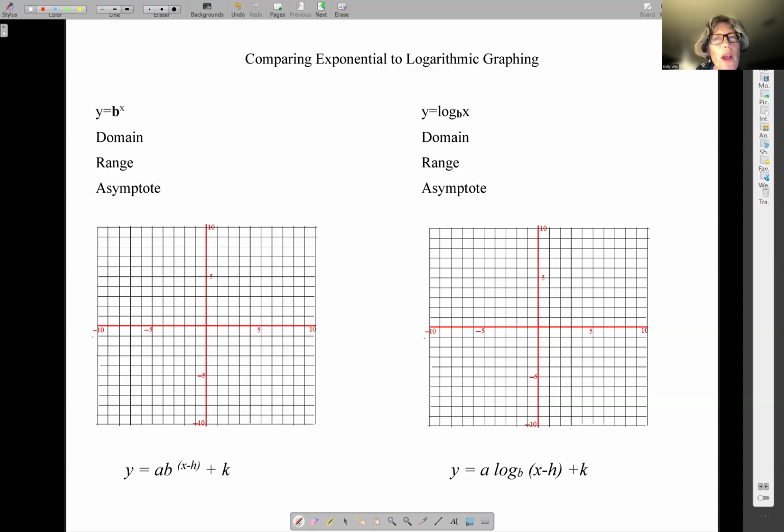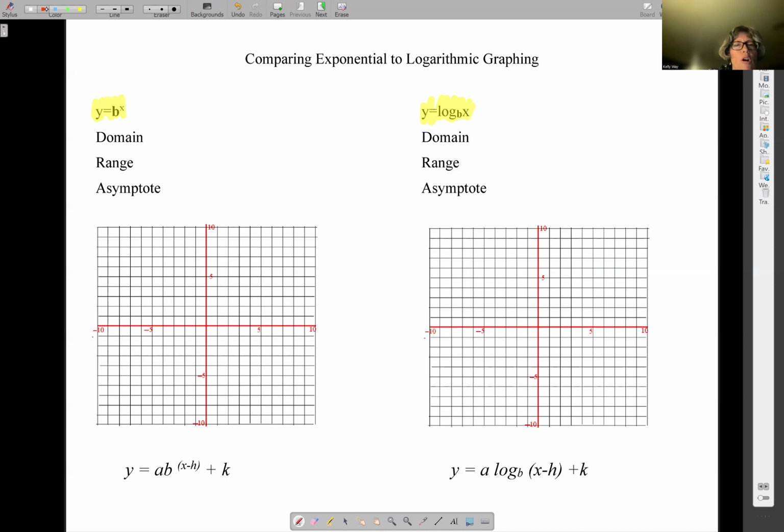So before we do the graphing of this study guide, let's do a quick recap of exponential and logarithmic comparisons and parent equations. So exponent, and then logarithmic. And logs are simply the inverse of exponents, the inverse function. So the parent function here